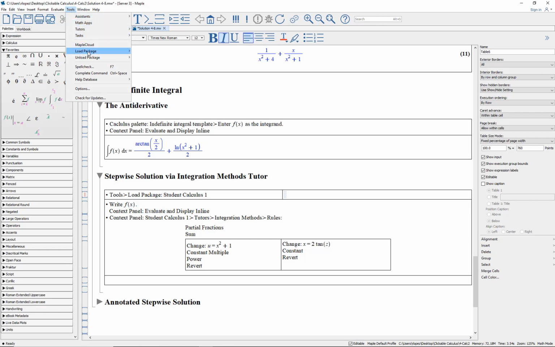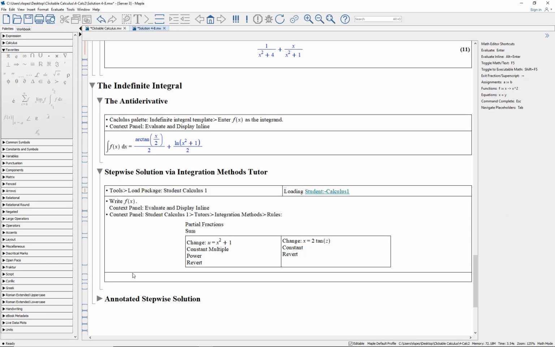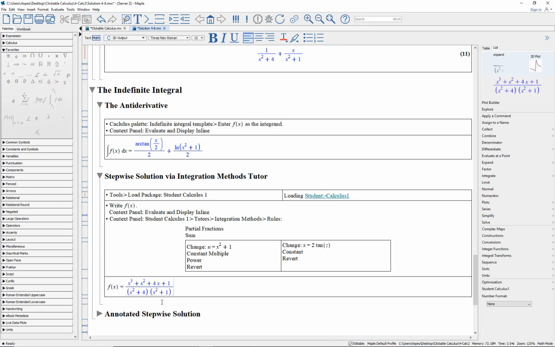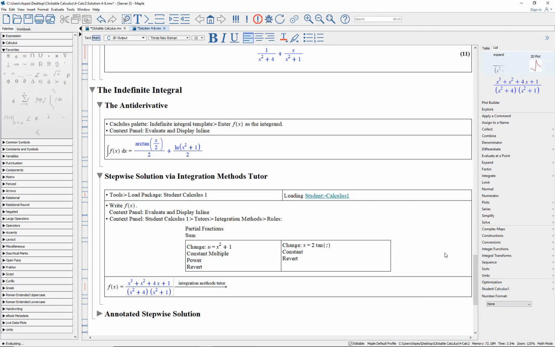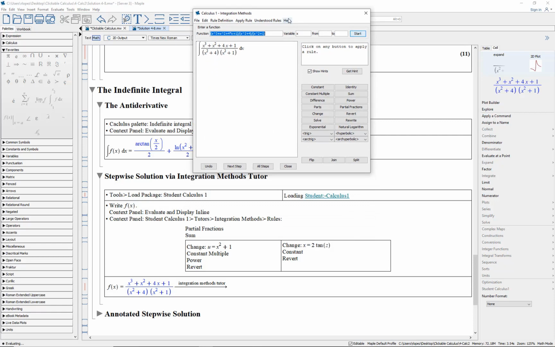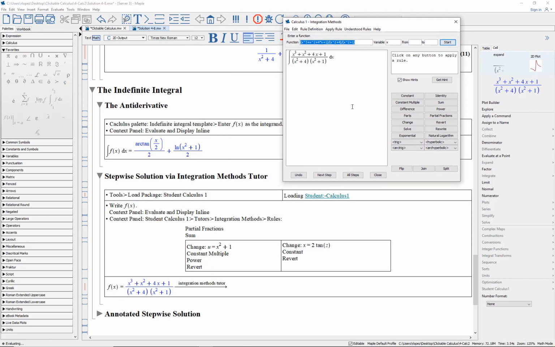And if we go here to Student Calculus 1, Tutors, we pick Integration Methods. So that's the Integration Methods tutor. I think I'll move this over to here. Now, the order in which Maple will split this when we apply this partial fractions rule button can change from